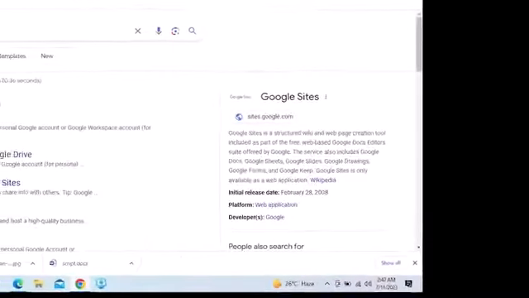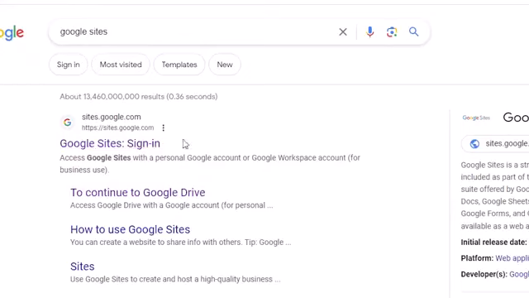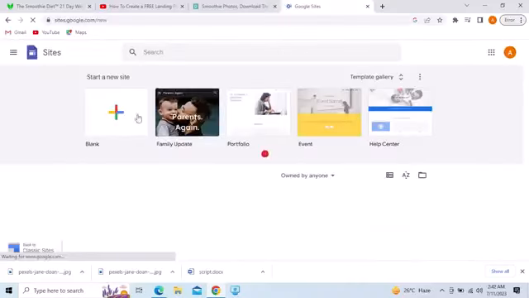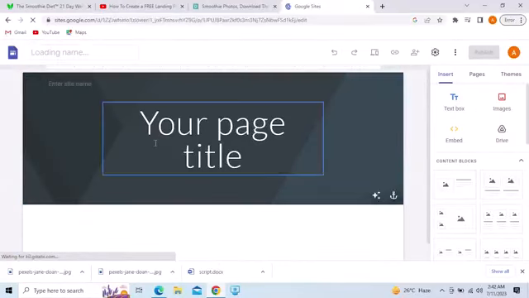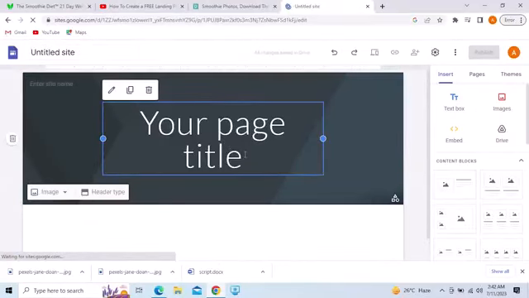browser in your system. So if you click on Google Sites after typing it in Google, you'll be taken to this page here where we can create a new site. So first you want to go to a blank site. That's going to open up a blank site on Google Sites where we can customize and start to build our